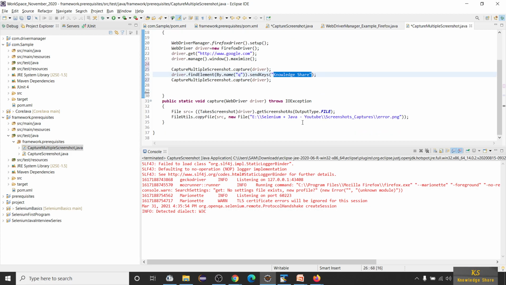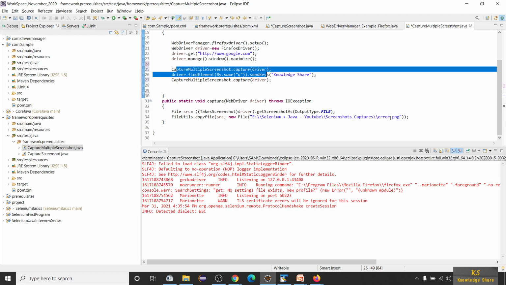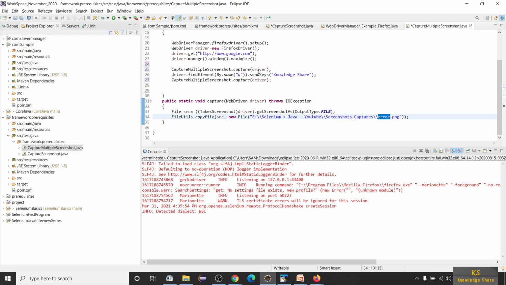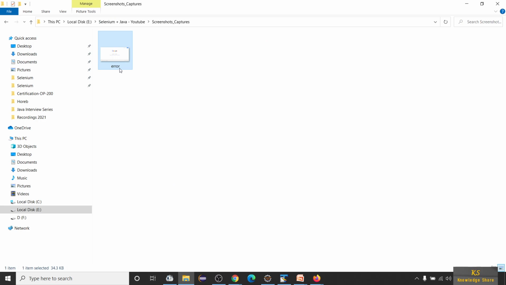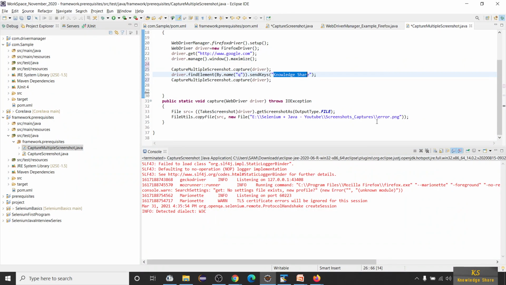Now, if you observe here, for both of the screenshots, I don't need this name error, right? For the first screenshot, I need homepage.png, and for the second screenshot, I need type knowledge share, something like that. I don't want the unique name because I am creating two screenshots.